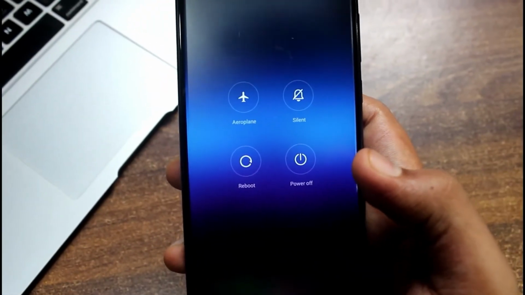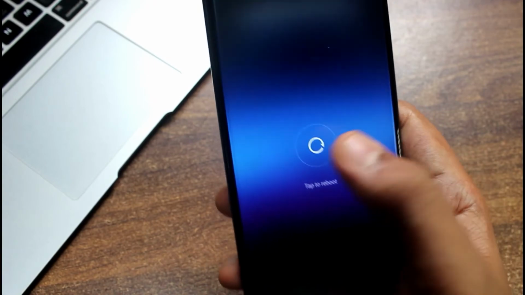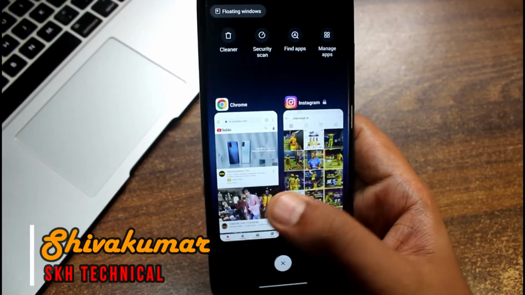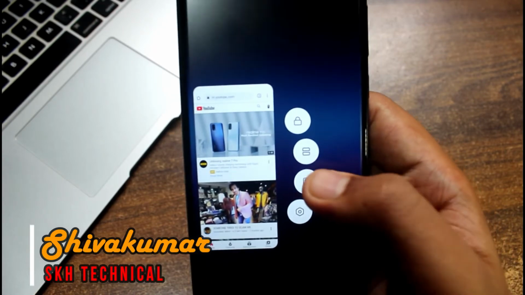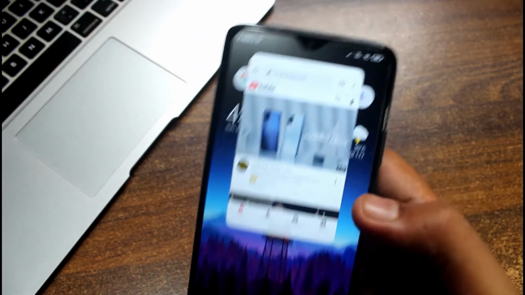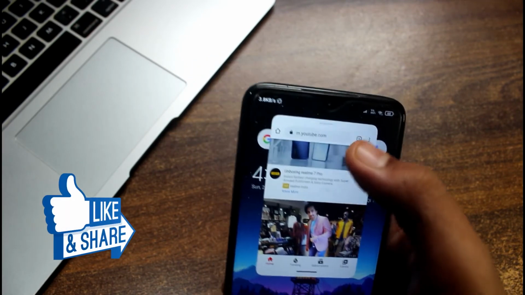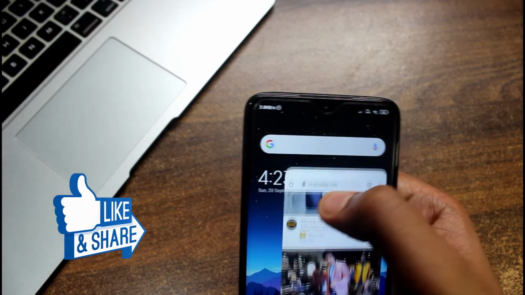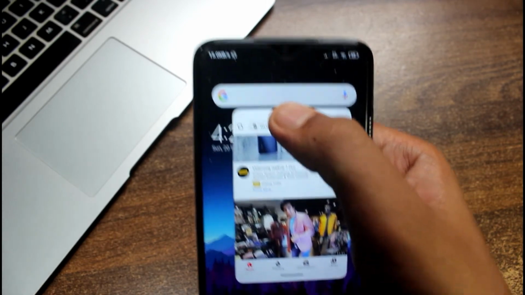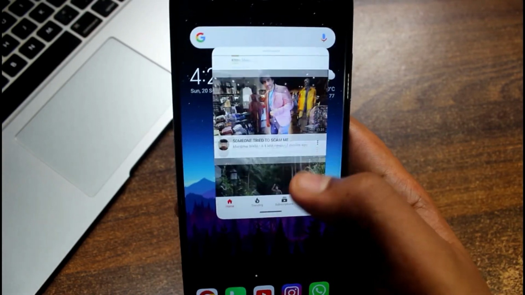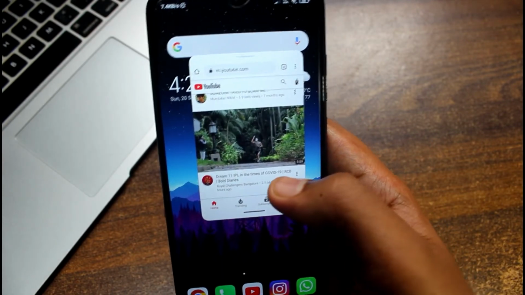Once you have done all these steps, you need to reboot your device, and after that, if you open any application from your recent apps menu, press and hold on it, and you will have this brand new option called freeform, which will allow you to open any application in a freeform window like this. And the best part is you don't have to install any third party application. You can simply enable this feature by just going to the developer options.